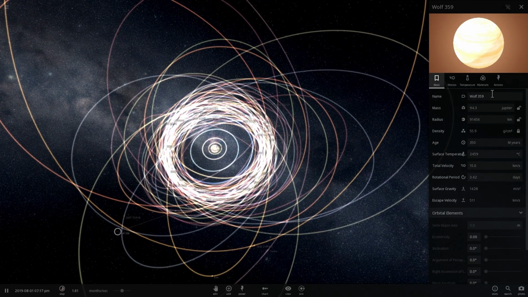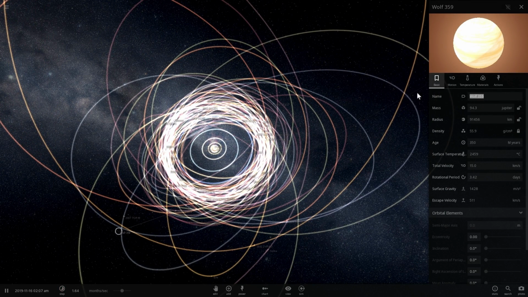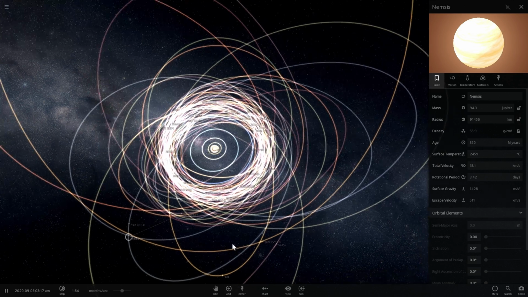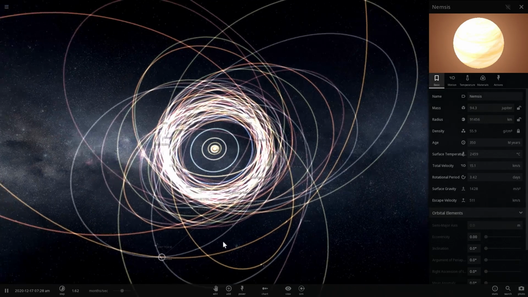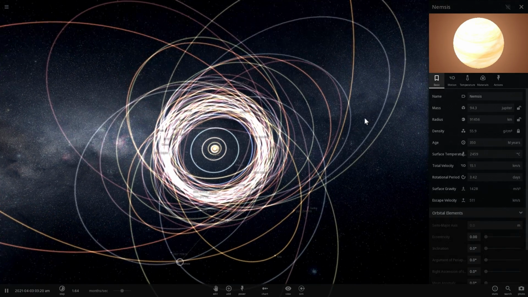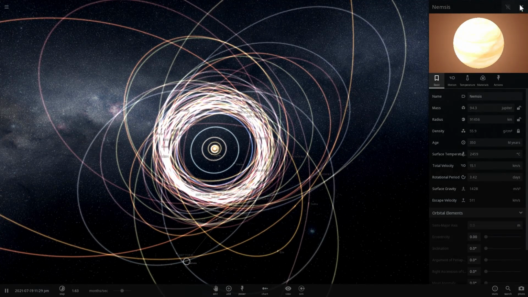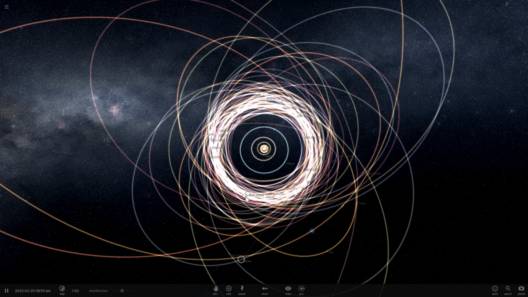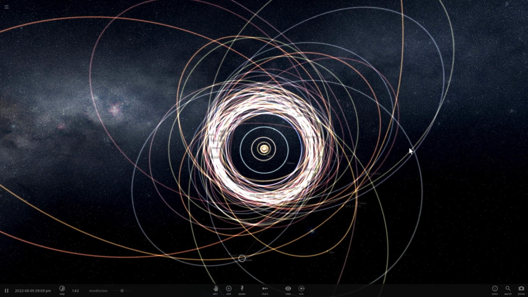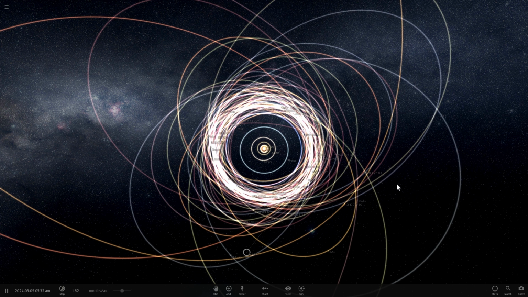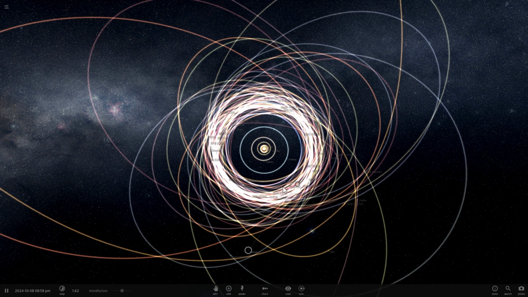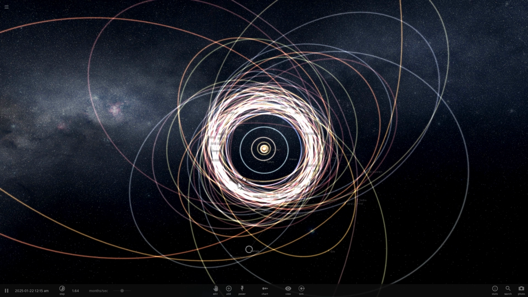Now let's just name it something cooler though. Let's name it Nemesis. I like this name so much that I'm going to call it Nemesis. Nemesis the brown dwarf is back. And so we're watching, and look at that. First orbit already started changing. We're just watching these inner circular orbits. And everything that you'll see changing here are the orbits of different dwarf planets, planetoids and plutoids that are also known as Trans-Neptunian objects.